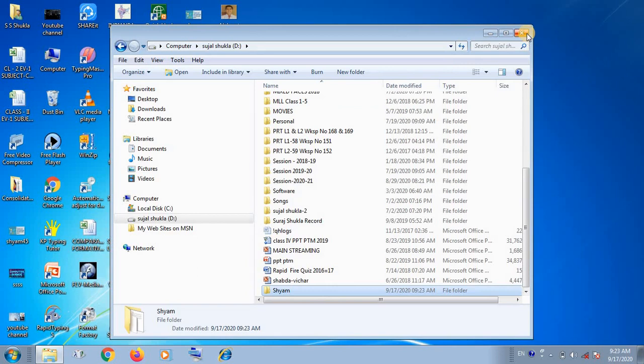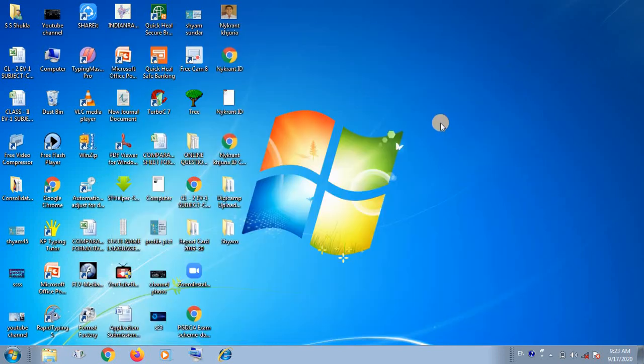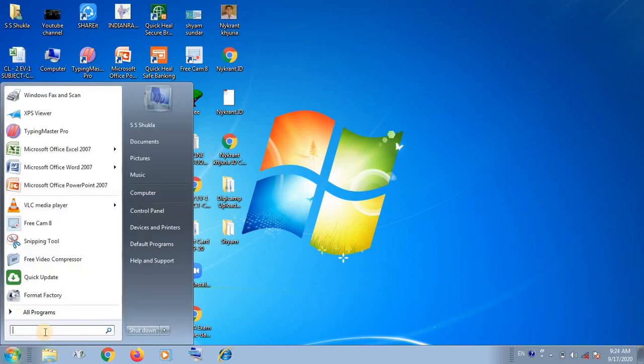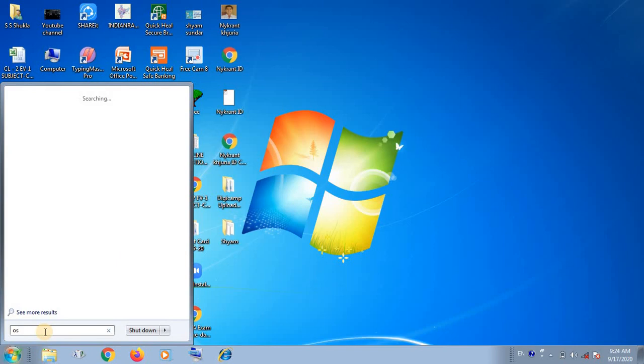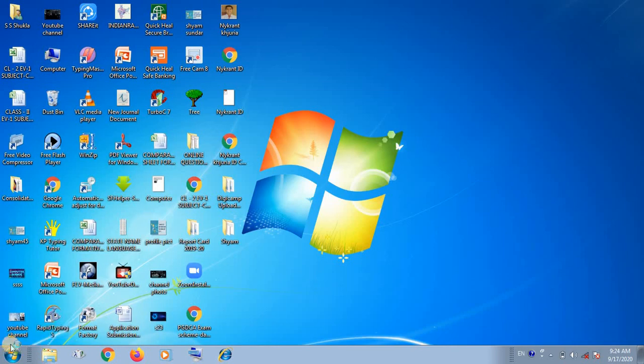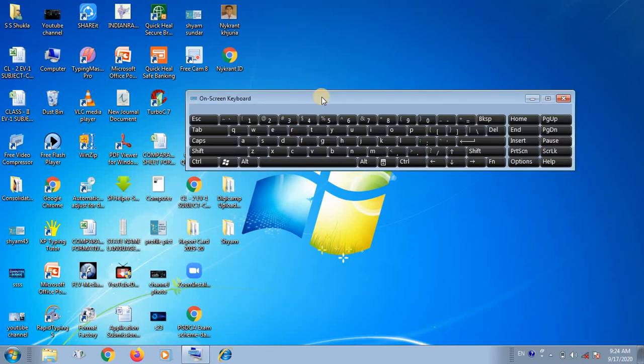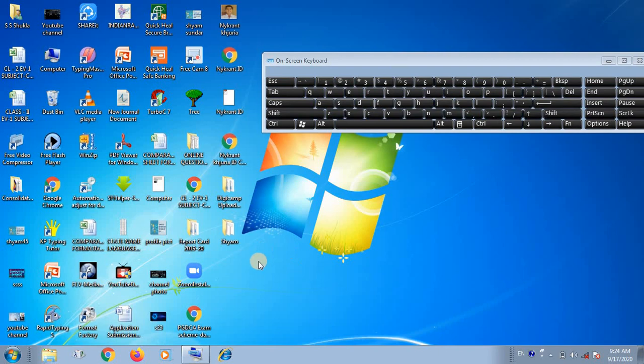Okay, in this way you can do it, and you can do this by keyboard shortcut too. Suppose I have made this folder here and I want to cut it.